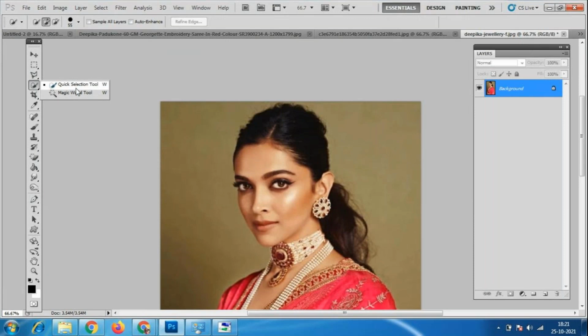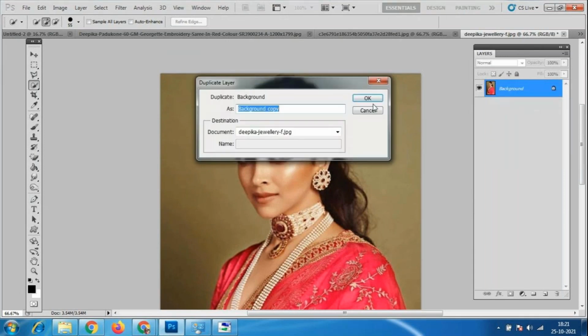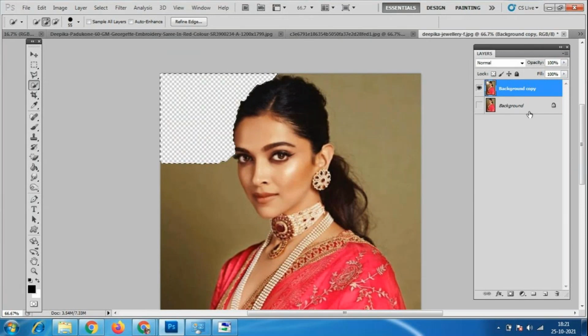Okay, the quick selection tool, how it will work, if we keep on one point over here, look at here, automatically it will select. Control D for deselect. I'll just take the duplicate copy of this layer, and look at this, just one point you have to click neatly, it will select according to this layer. So how much ever we need, only we have to click it like this. According to the colors it will take. So this much area it has taken here, I'll just delete it.